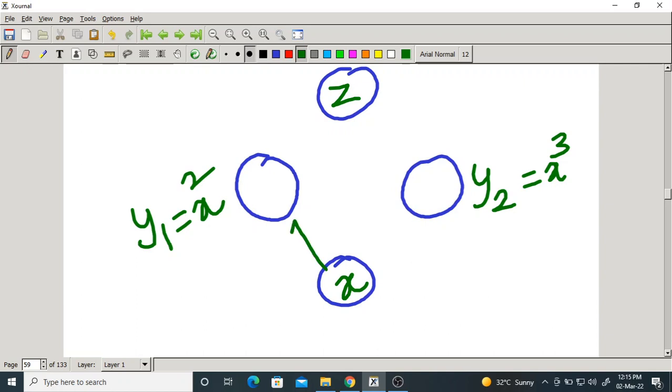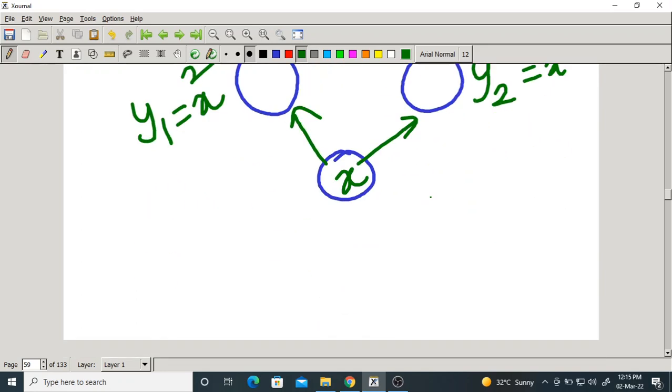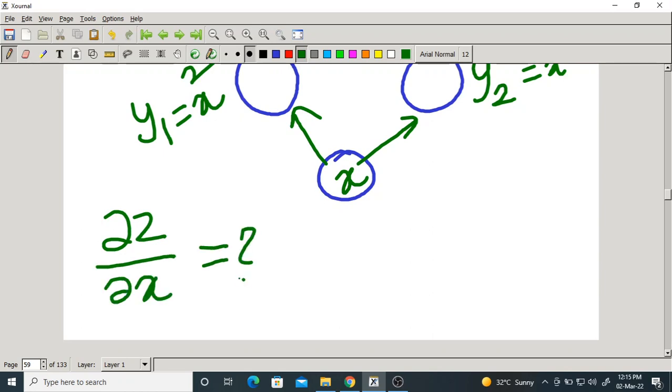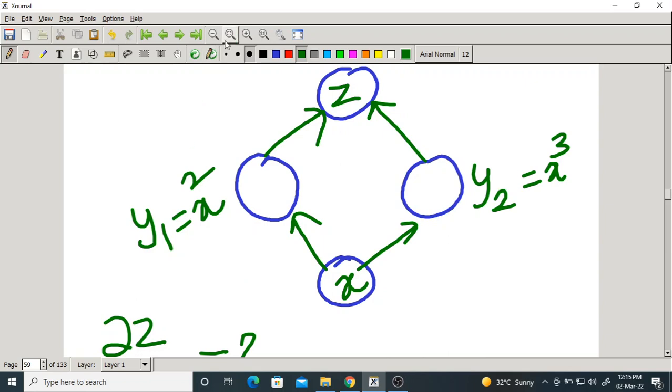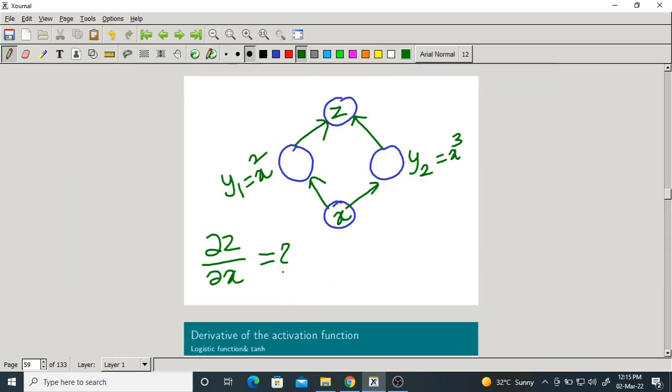So there are multiple paths from input to output. Clear? So if I ask you how to find ∂z/∂x, what do you do? You have two paths, right? So this path